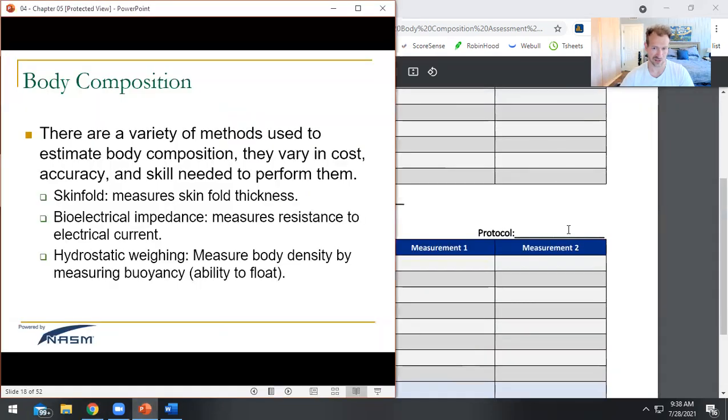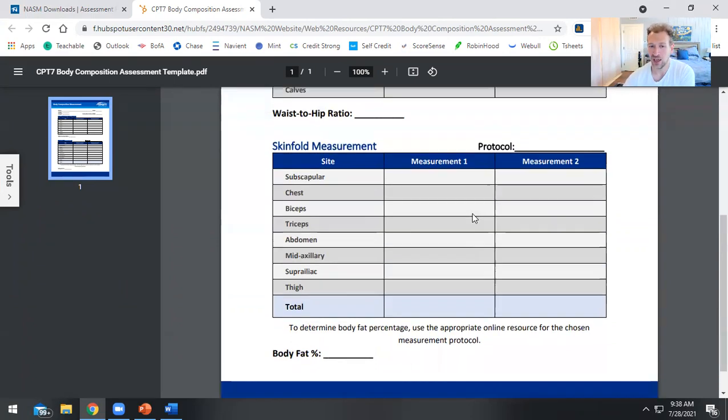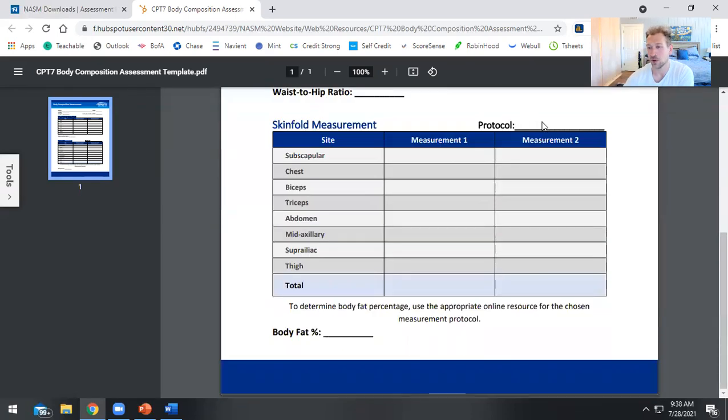And they are starting with circumference. All right, so we're gonna go down here to skin fold. And then you can see we're writing the protocol that we use. So the one that's listed here in this PowerPoint, which is the one that NASM was using for a really long time, but now I think they're just teaching all of them,